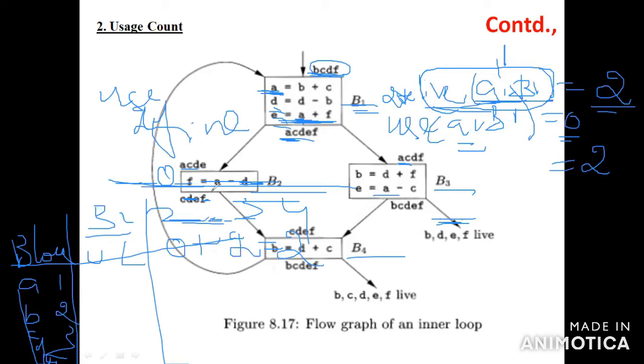Okay. Then here you can check the next one, A comma B2. So here A comma D in the B2 basic block. In that basic block, use of A comma B2 you are using only one time. So use of A comma B2 is 1. Before that, A is used in basic block 1 and basic block 2 before the definitions. Okay. So here, what is the value here? You can calculate. Similarly, you have to calculate for all the basic blocks. Okay. So this is for the second thing.